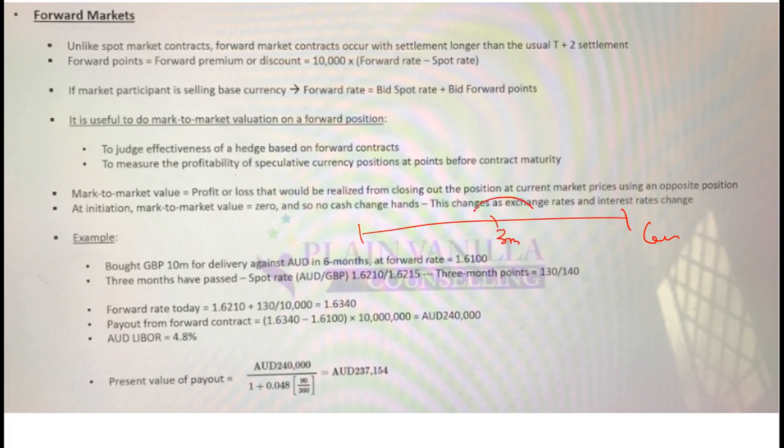So this is a 6-month contract. You are currently standing here at 3 months. Here the value was 0. Why? Because the present value of future gain and loss was 0. But you have locked a rate of 1.61. But now you know that the rate is 1.634. That means you either have a gain or a loss. So what is the gain or loss? Gain or loss is the difference. And what is the difference? It is 1.634 minus 1.61.